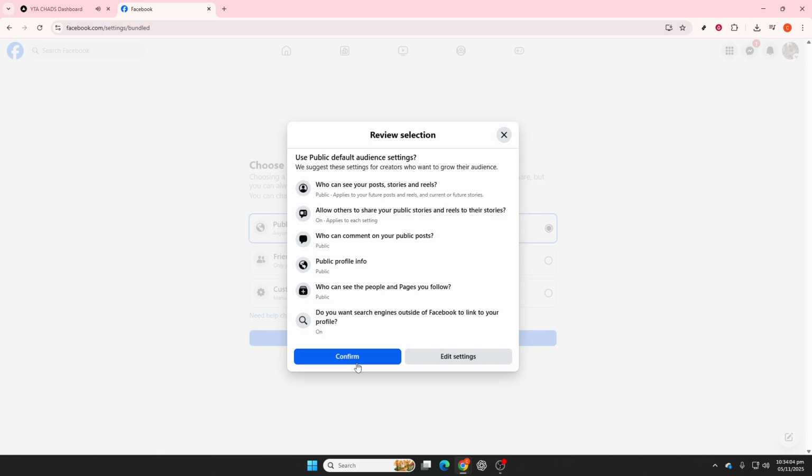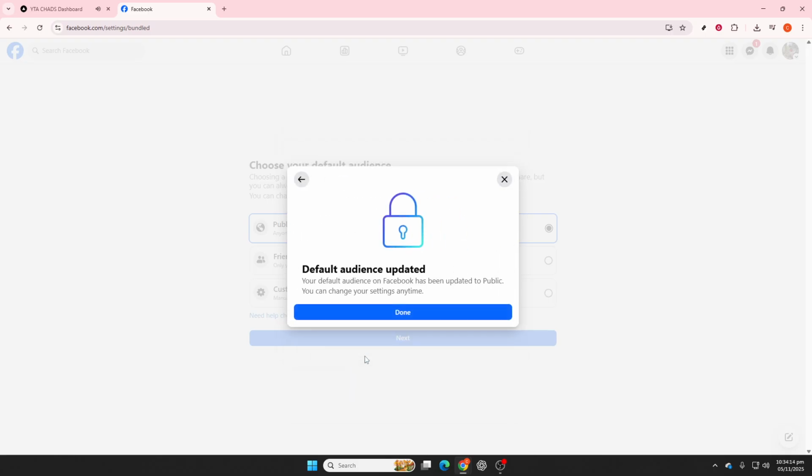Once you've done that, you can further customize your settings as you would on the mobile app. Adjusting things like comment ranking, notifications, and profile info is just as simple. Additionally, if you want to preview how your public posts look to others, you can go to your profile and click on View As, and there you have it. Following these steps will ensure that your followers feature is activated, allowing a broader audience to engage with your content. Enjoy sharing and connecting with